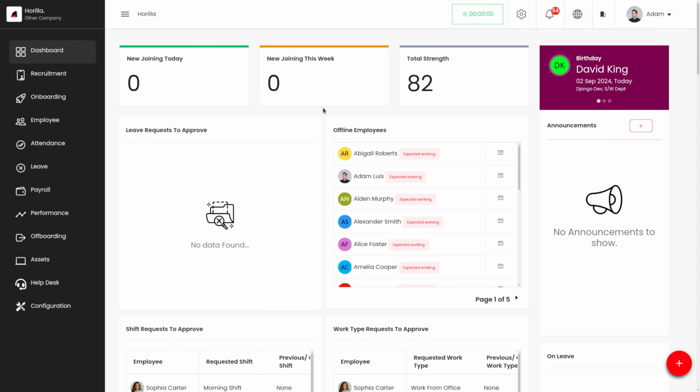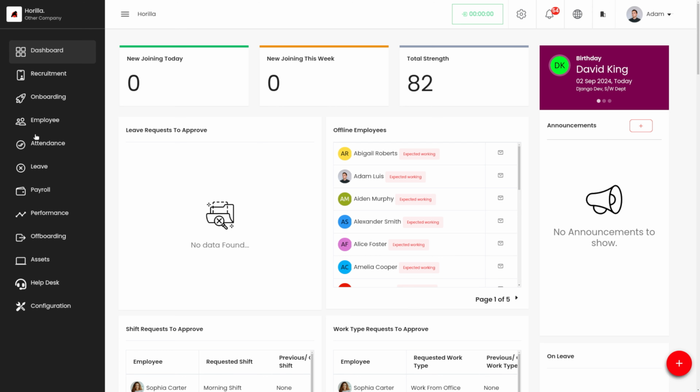In this video, let's see how we can manage the employee directory in Horilla. An employee directory in an organization serves as a centralized resource for accessing essential information about employees, including their names, job titles, contact details and departmental affiliations. It typically reflects the organization's structure, helping users understand reporting lines and team compositions. So it is very important to manage the employee directory in an organization efficiently. Let's see how we can manage that using Horilla.